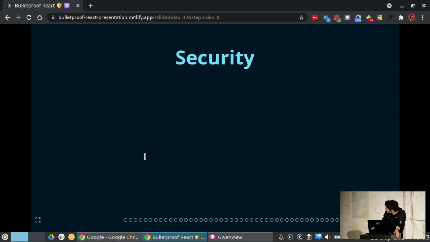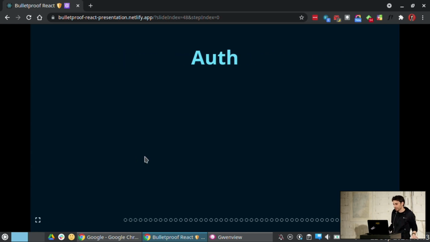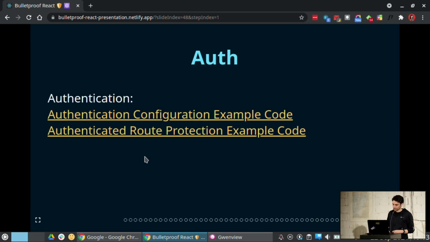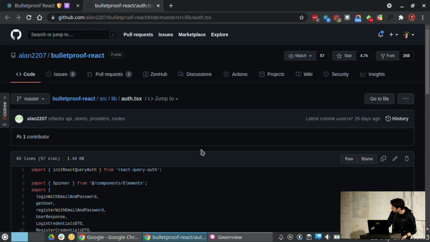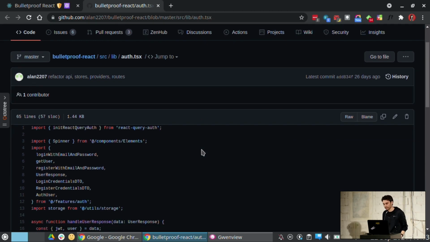When we talk about security, there are always vulnerabilities, but let's say, for example, when we want to authenticate our user. We need to keep in mind that authentication means identifying who the user is. So here we have some examples on how to configure our authentication. Since we are using the React Query library, we are using the React Query Auth library to wrap this functionality of authentication,